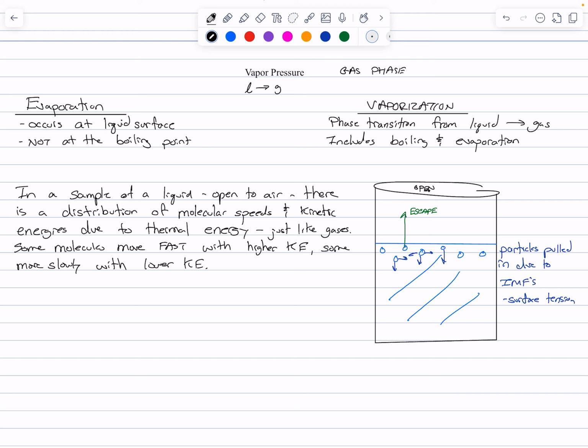But the average is the temperature, right? So we take the average and we get the temperature. Some are a little higher, some are a little lower. Some are a lot higher and some are a lot lower. That's just how it works. You got a huge distribution of speeds. Now, if